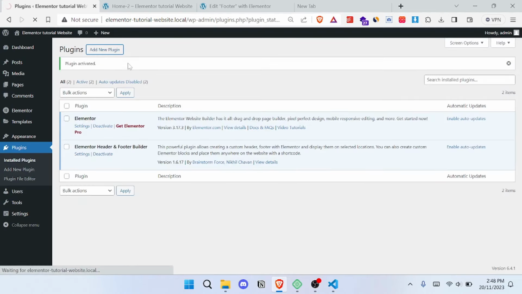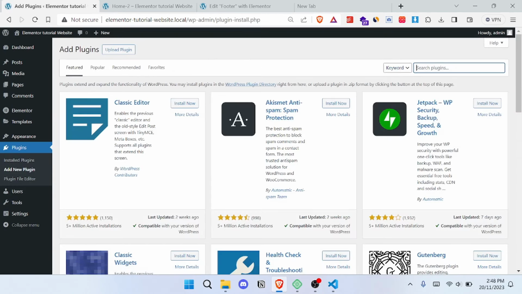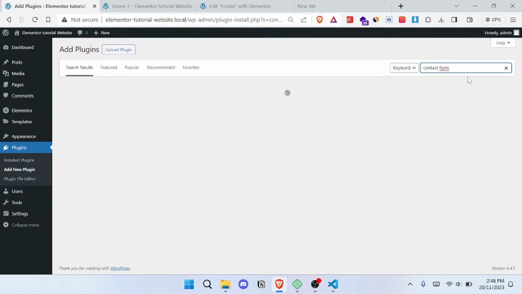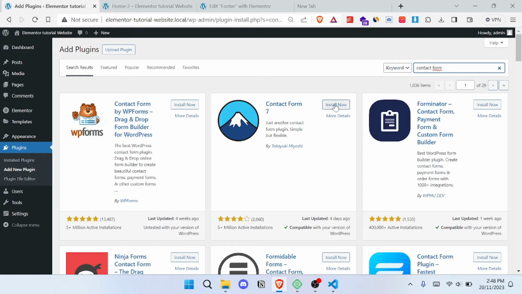Again, click on add new, install contact form 7. This is the plugin. Click on activate,